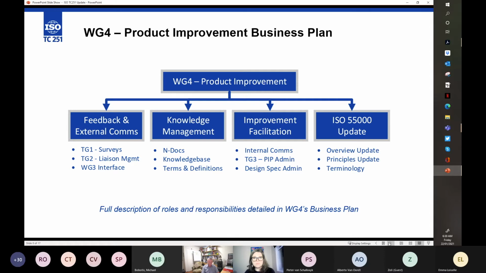Working Group 4, which is a group that I'm actively involved in, we called it product improvement. There are 4 streams of work that we seek: feedback and external communication. So we interface with other management groups. There's a lot of work that goes on in standards. There are over 45 management system standards. Some of the key ones we liaise with, obviously, is the quality one. There's been a whole lot of work going on in sustainability and sustainable finance, so we do a lot of work in that area, and we put out surveys to the organisations to see what people want from the group.